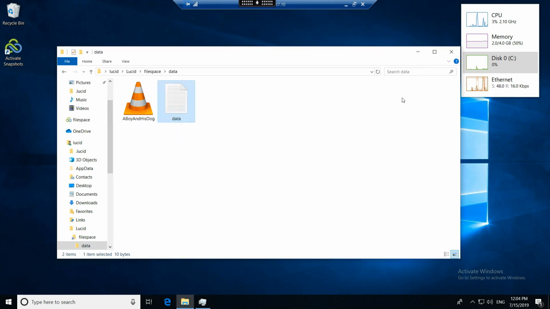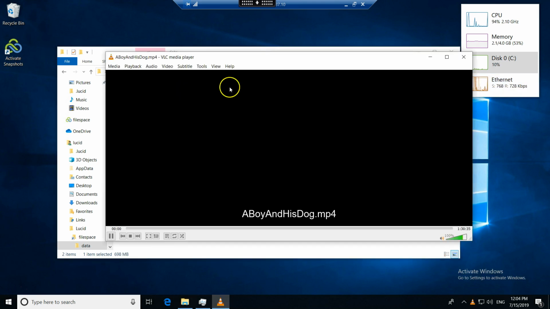Now let's take a look at how we stream data from the object store. We put a video in from our virtual machine 1. On virtual machine 2, we're going to open our video. When we open our video, we'll note that our kilobits per second on our Ethernet traffic will move up to Mbps as we stream the data. So we'll open up our video, and we can note